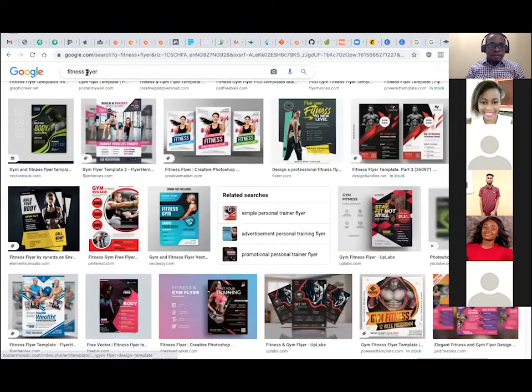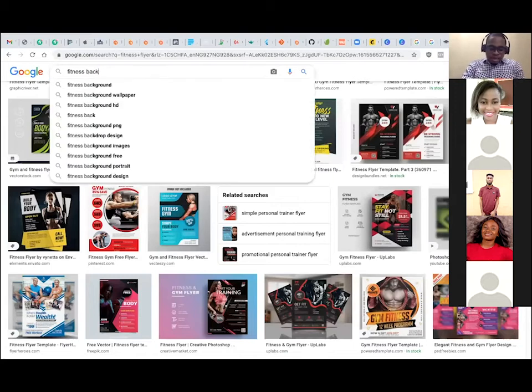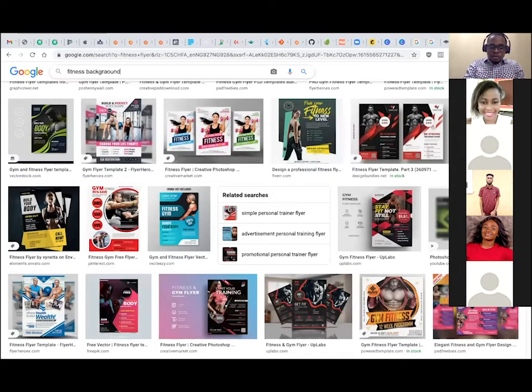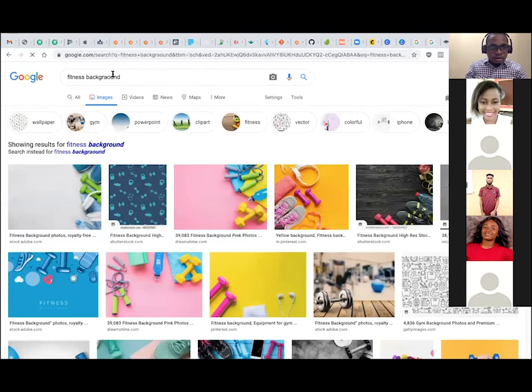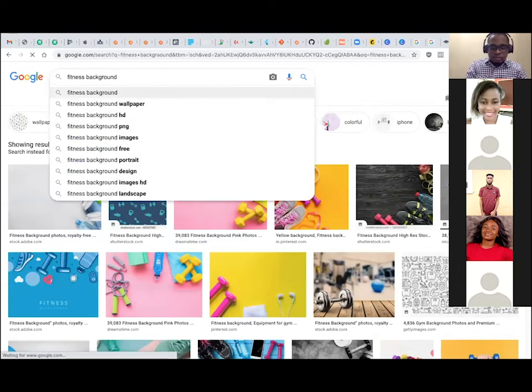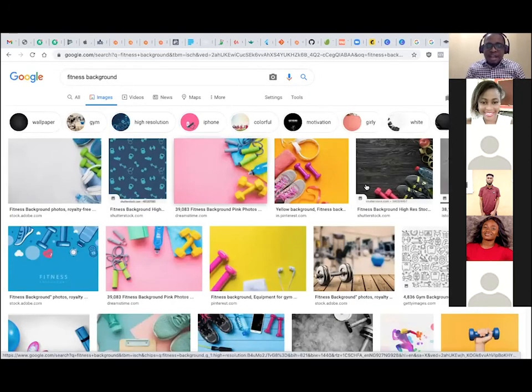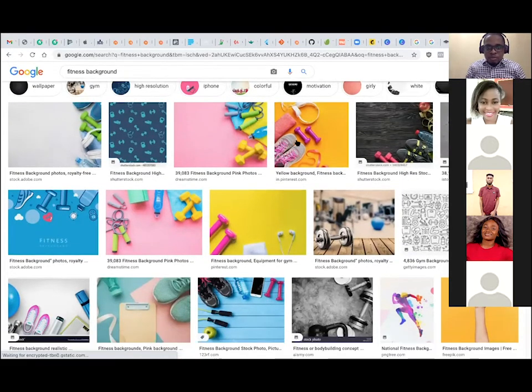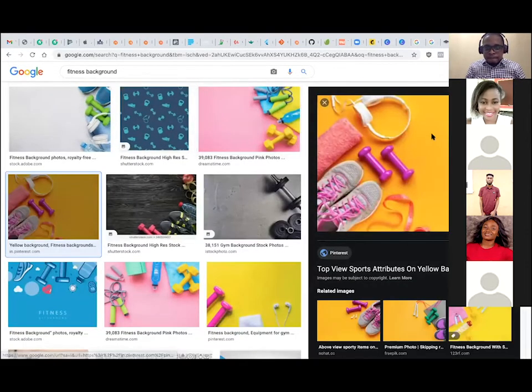Let's say I type fitness background. Let me apply the same thing now to Google. Fitness background. Oh, that background is wrong. Now, let's say I also want to lift off Google. And I come to this yellow one here. Now, when I click it on Google,